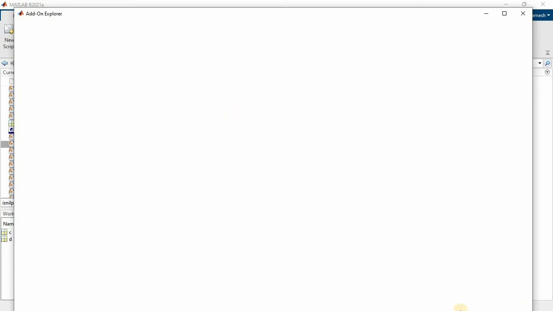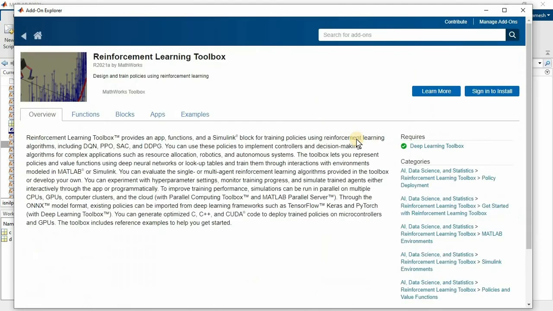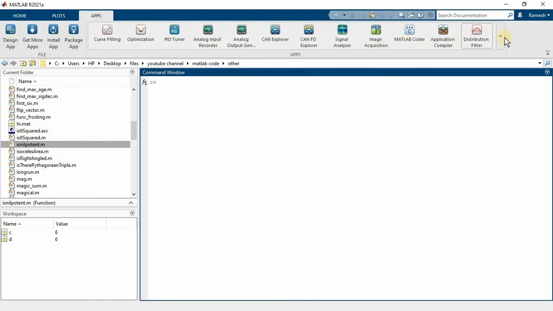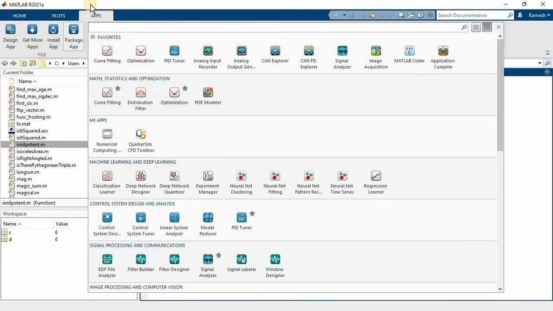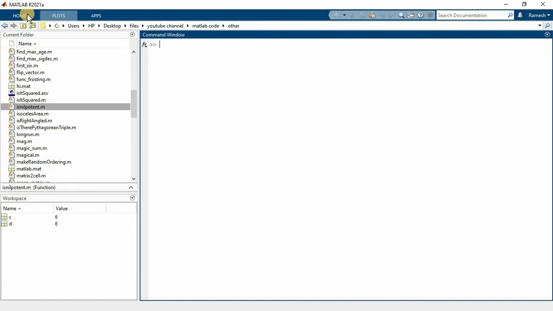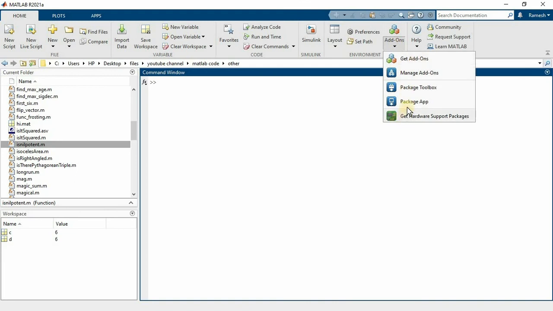It takes some time; if you have a better internet connection, it takes much less. Watch it. For reinforcement learning, click here, sign in and install this tool. It will be added to your toolbox here. So add-ons are basically for packaging apps, adding new apps or creating a standalone application.